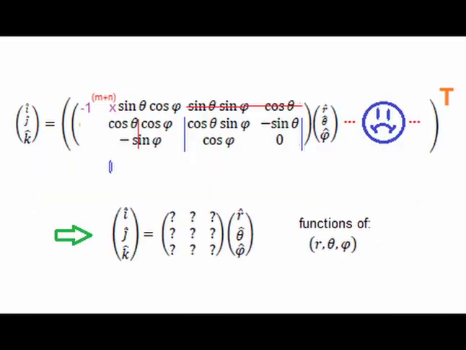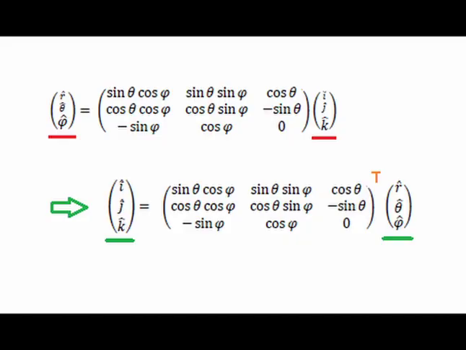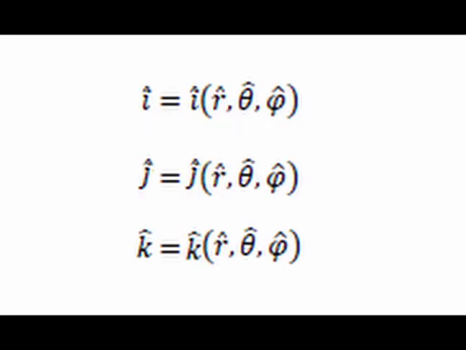Well, inverting a matrix is not a simple thing. There's a formula to do it, and even if you remember it, it's a very tedious process in general, with some exceptions, and luckily this is one. This is an orthogonal matrix, and in fact its inverse is just its transpose, which means that we look at the main diagonal from top left to bottom right, and we reflect all the elements of the matrix about that diagonal. So in fact, we can easily come up with the inverse matrix, and hence the expressions for i hat,